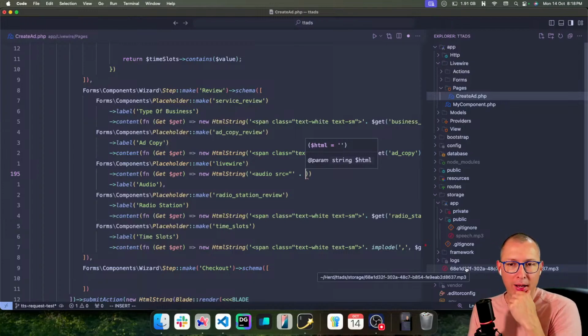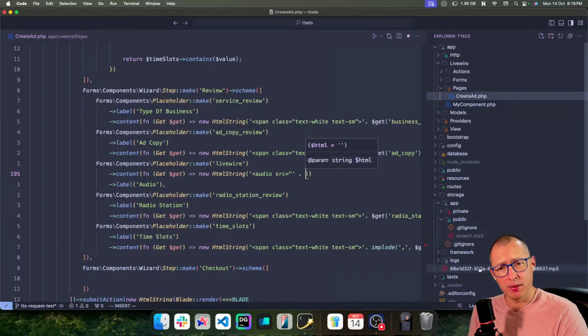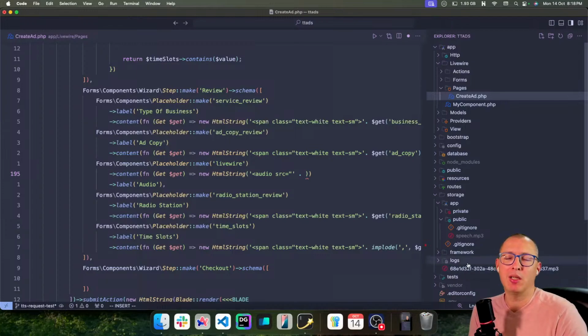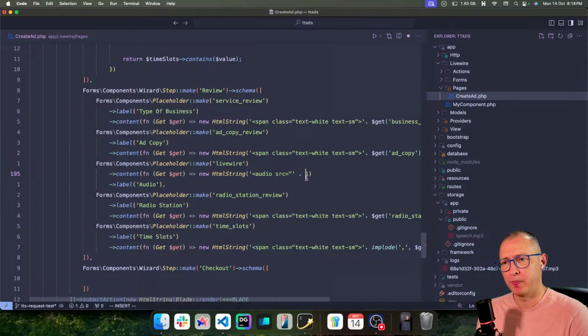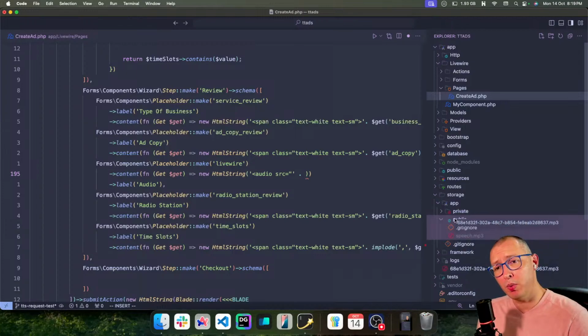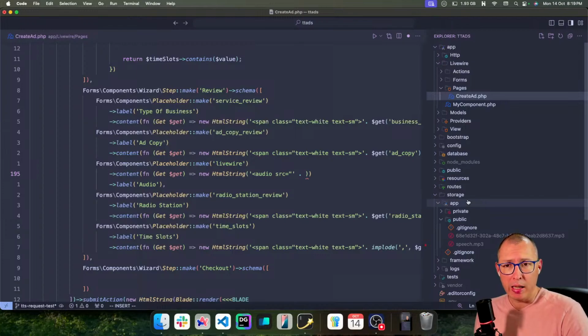Should have created that file inside public, like in here. Or maybe not. I don't know. Okay, let's just leave it there for now. No, but that's not going to work. This has to be related to something that I can use in the page. So I'm going to move it into public only because I believe I already